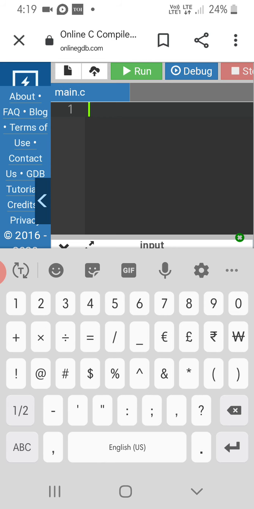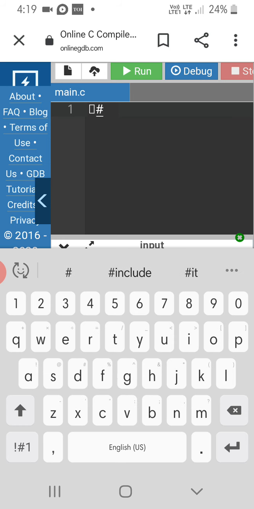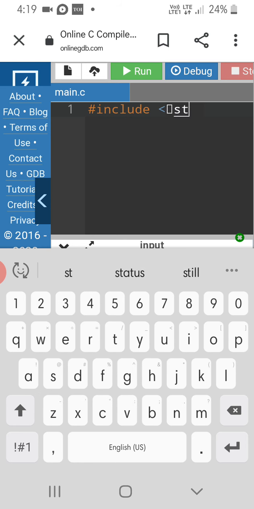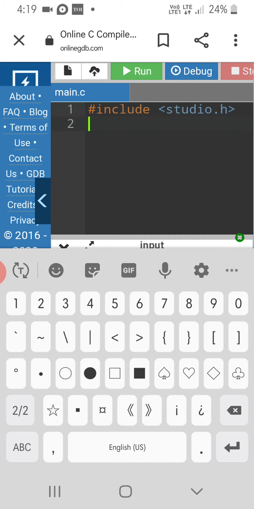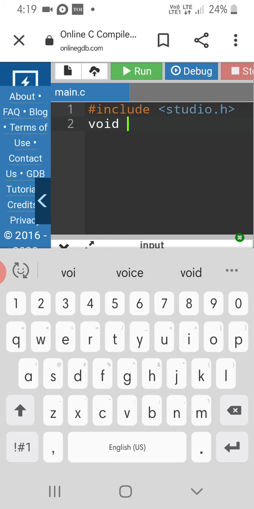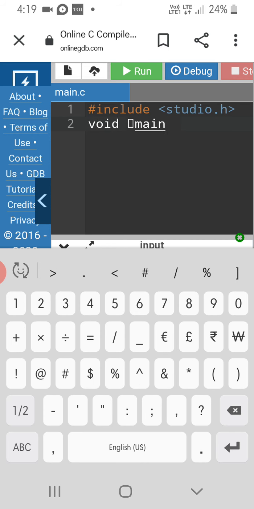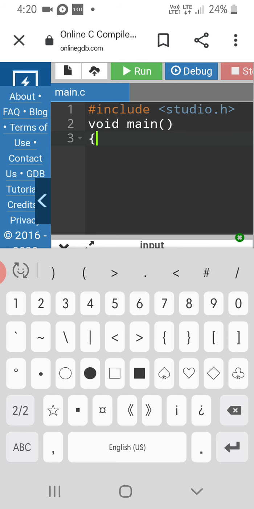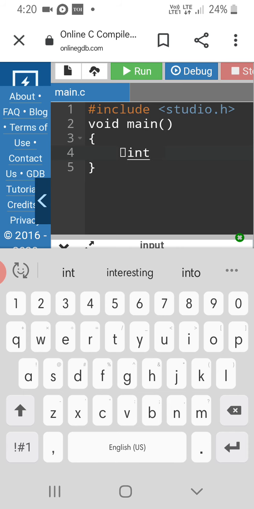So first I am going to start the program with #include <stdio.h> and void main, open braces, which is the indication of the starting of the program, and int data type.